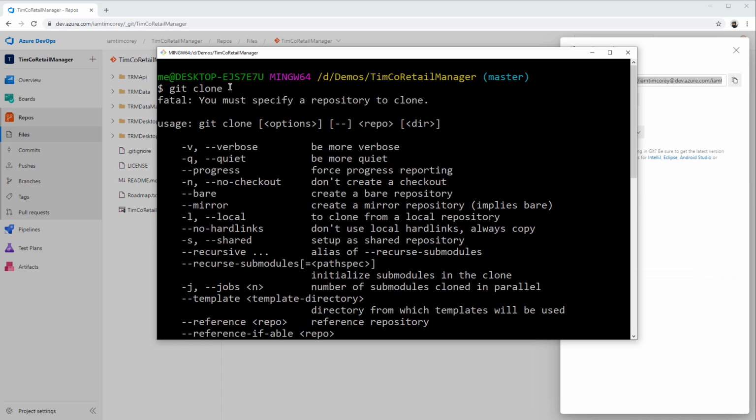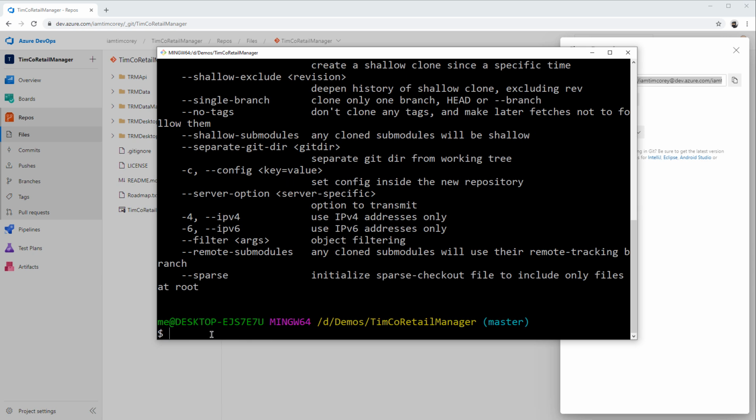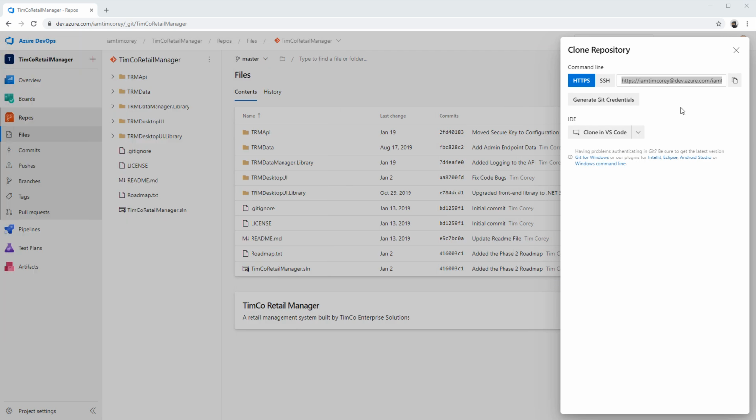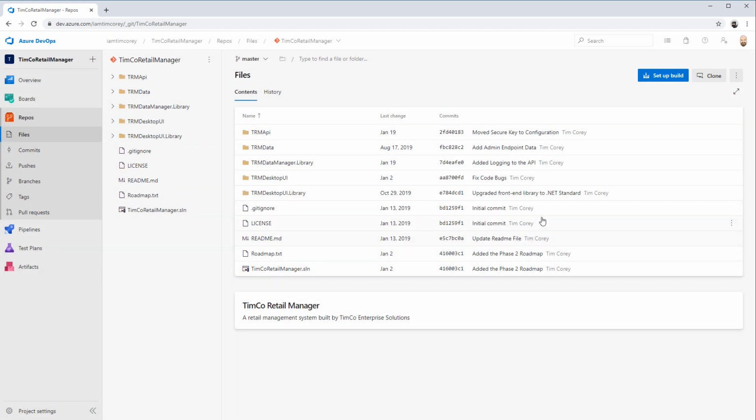All right, I almost did it accidentally. Oops. So I'd do git clone, and then I'd paste in the URL that it gave us right here, and then hit enter, and it'd create that repository in a blank directory. So don't do this if the directory is not blank, if you already have it. Okay, so now we've moved over. We have our source code here, which is great. We can start working on this